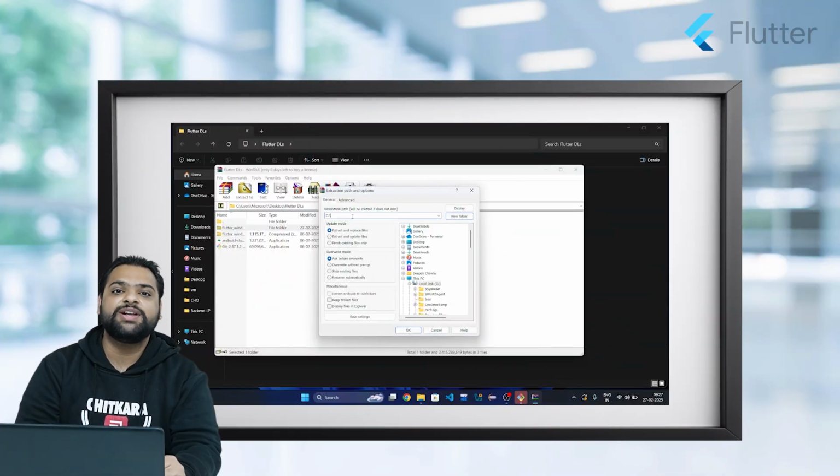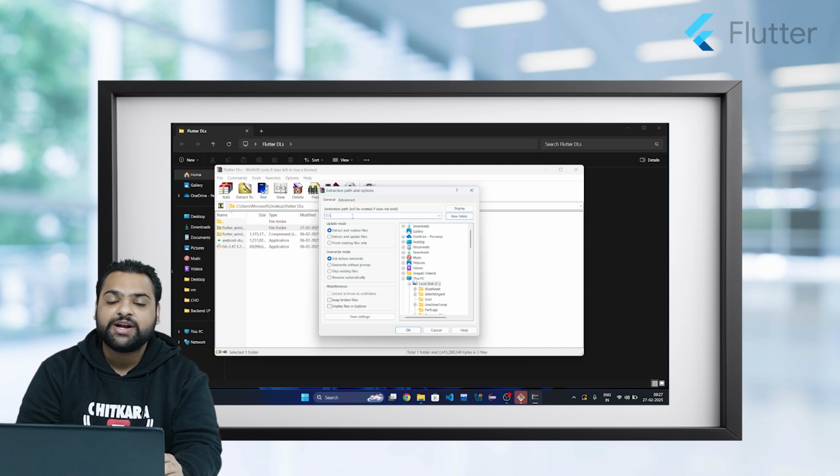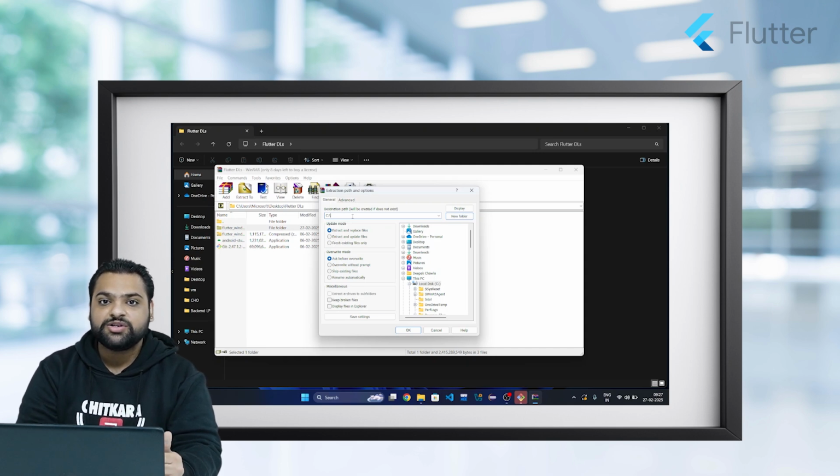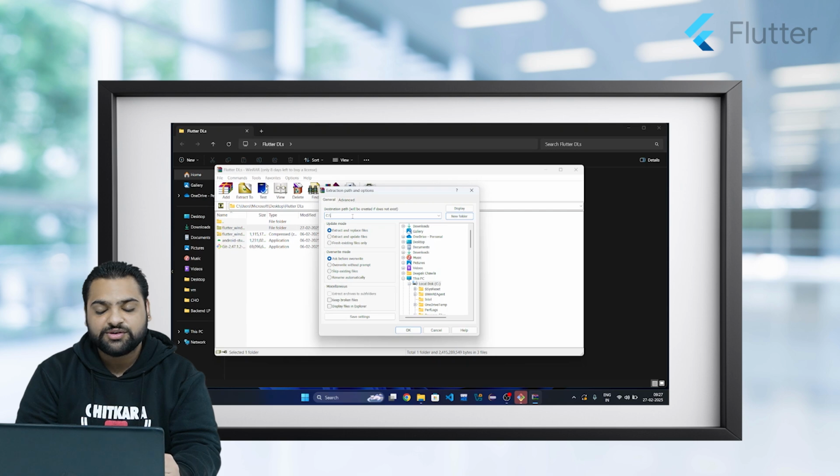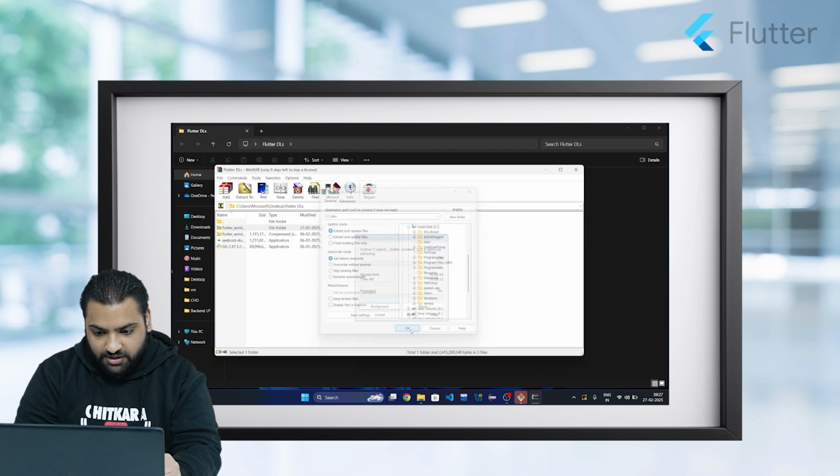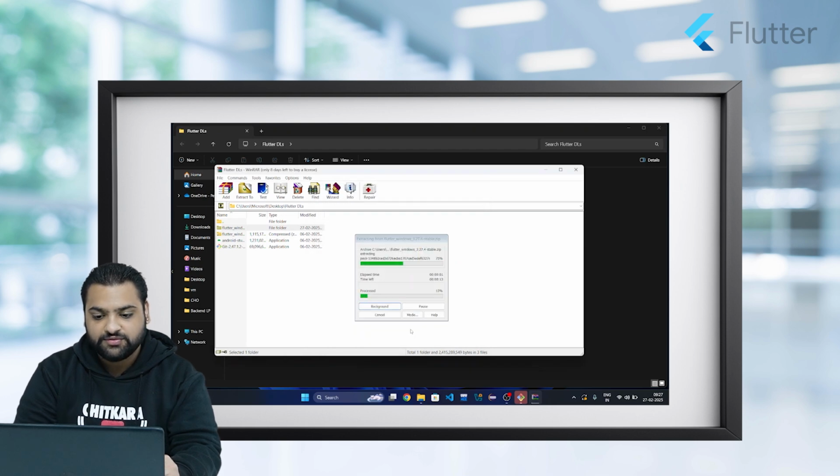This step is crucial as we need to select the folder with the right privileges. It does not need to have high privileges or Flutter will not work properly. So for now we will install into the dev folder under the C drive, and we click OK, and this will soon be extracted as well.